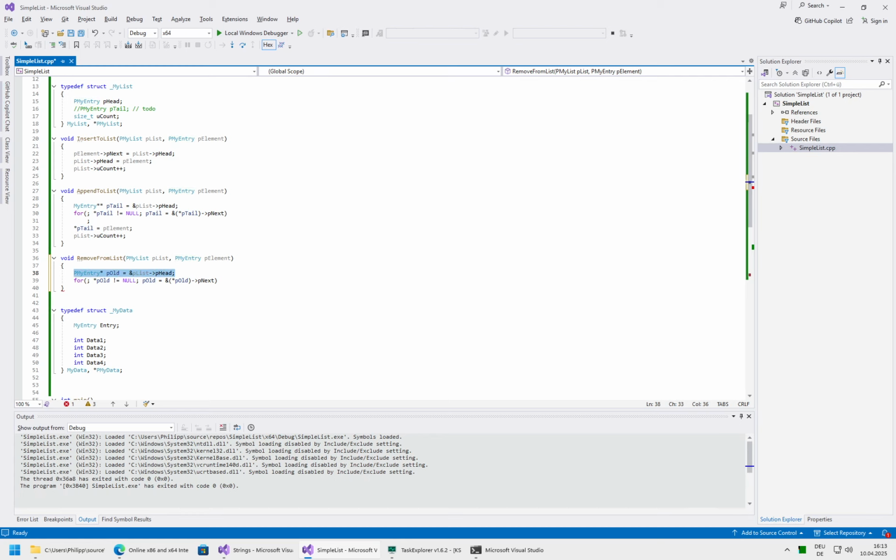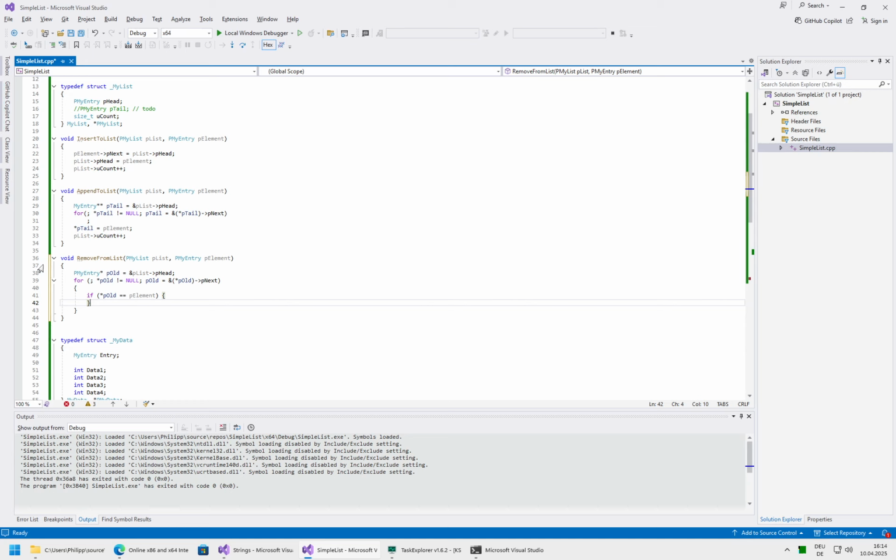As you see here, I have defined it slightly differently. So here we use the non-pointer version, then we need 2 asterisks, and if we have a pointer, then we will need 1 more asterisk to turn it into a pointer to a pointer. And of course, inside our loop now we need something to do. So we check, since this is a pointer to a pointer, we want just the first pointer value, so we dereference it. And if this equals our element which we want to remove, then well, we found